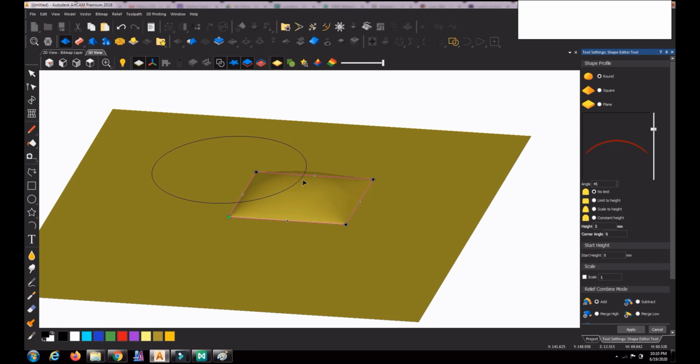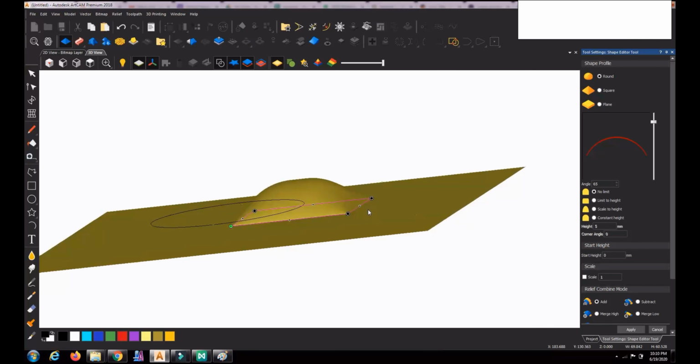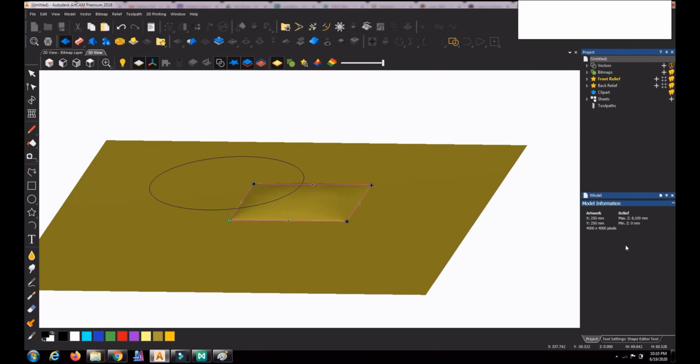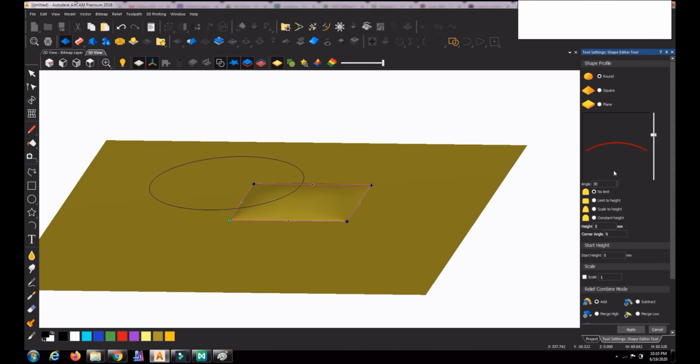That is the first option, the no limit option, where you are keeping the angle at 45. If you increase the angle, automatically the height will also increase. When you decrease the angle, automatically the height will also decrease. You can see the height now became 8.109 with a 30 degree angle.